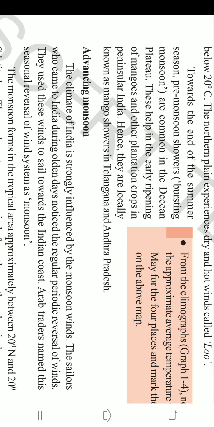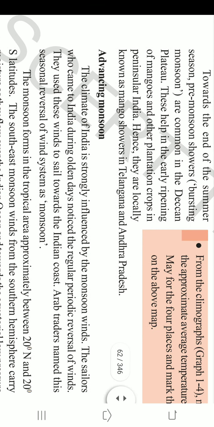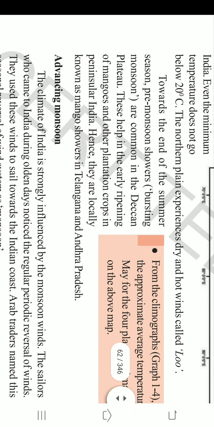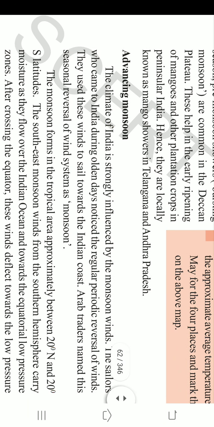Let us see the two types of monsoons, that is advancing monsoons and retreating monsoons. Nothing but the summer season and winter season. My dear students, just now we have seen the summer season, right? Summer season only. Here, advancing monsoons. Advancing monsoons start in India by June. They blow in the direction of